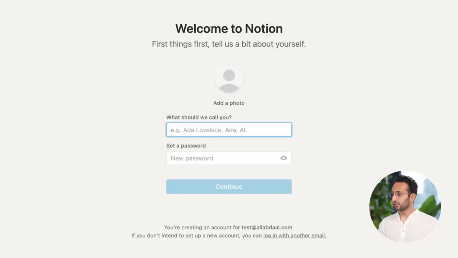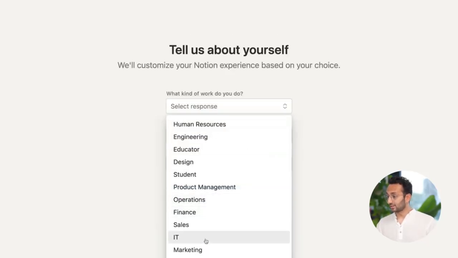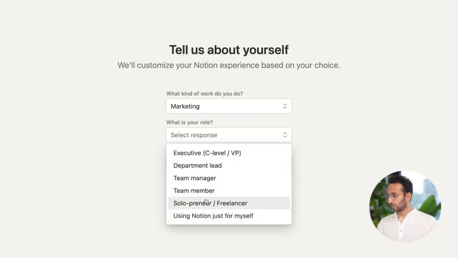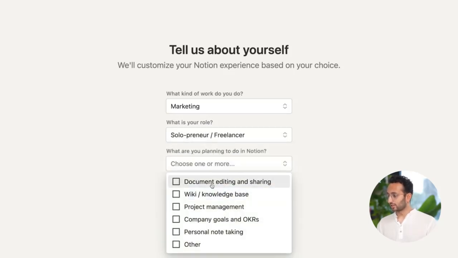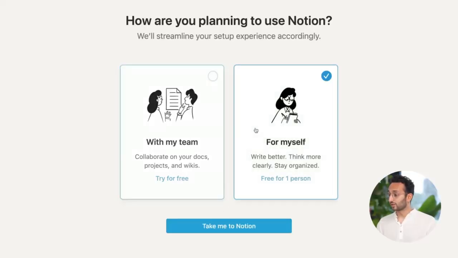So if we zoom in, first, tell us a bit about yourself. My name is Ali, and I'm going to set my password. What kind of work do you do? Let's say, I don't know, say marketing. What is your role? Solopreneur, freelancer. Why not? What are you planning to do in Notion? Document editing and sharing, wiki, project management, company personal note taking, and other. Fantastic. Join your teammates on Notion. I'm not going to bother doing teammatey type stuff, but I'm going to click create a new workspace for